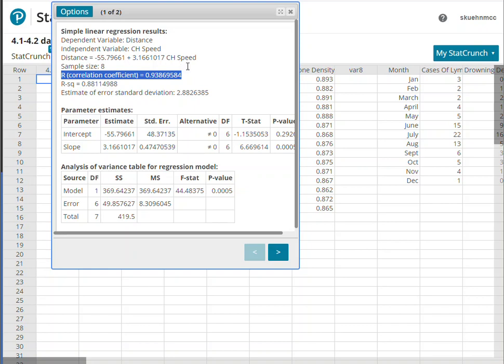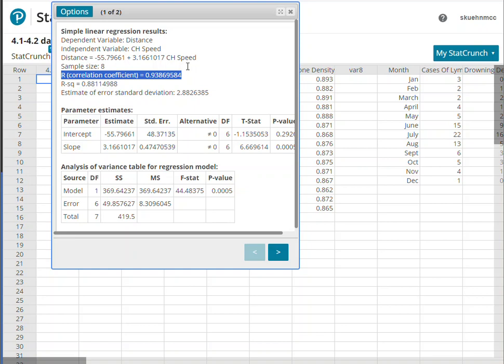So remember when we were describing this from previous screens, any R value that's close to positive or negative 1 is going to give you some sort of a strong relationship between the two variables. This number, 0.939, is indicating that we have a strong relationship between the club head speed and the distance the